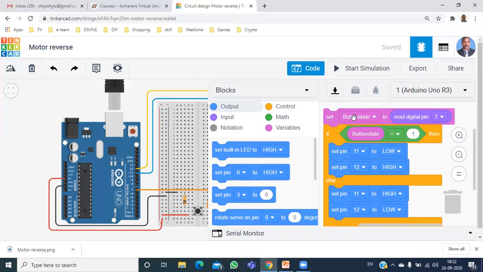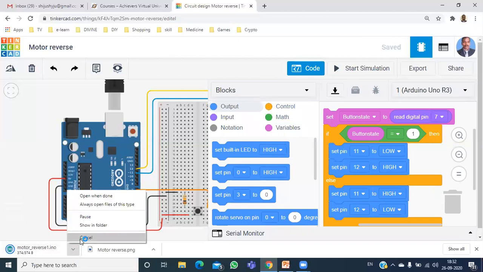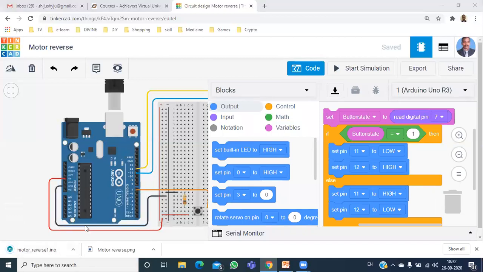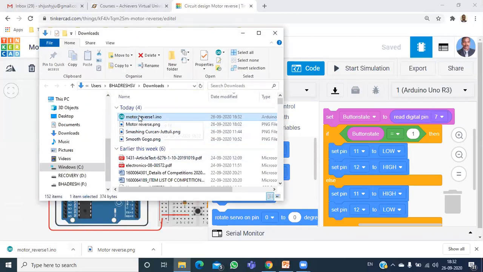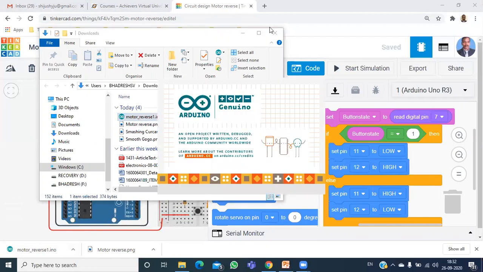Okay, and we can download that code also. We can just see what is there in the code.